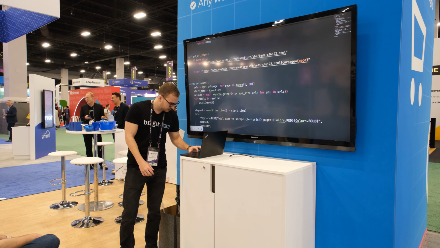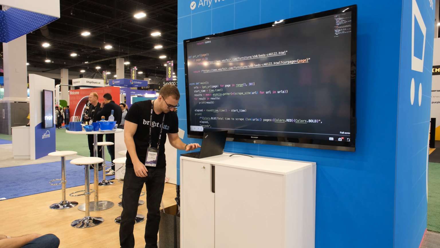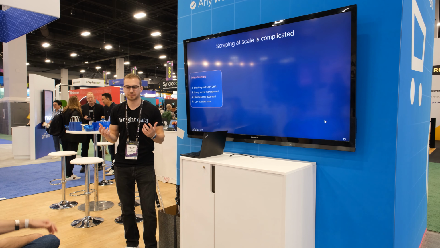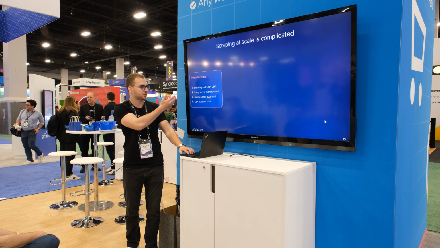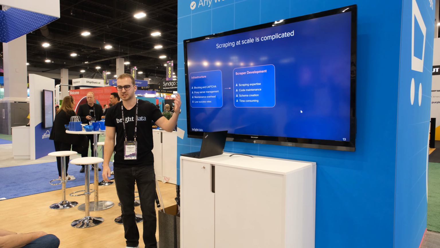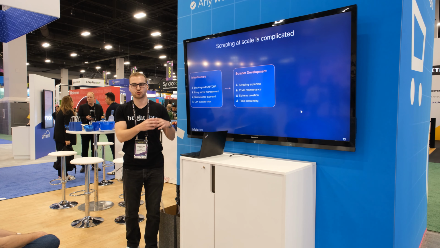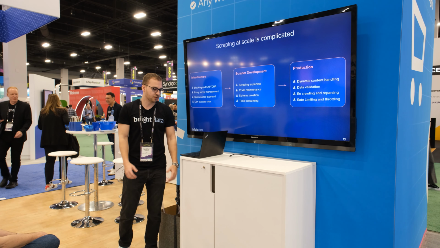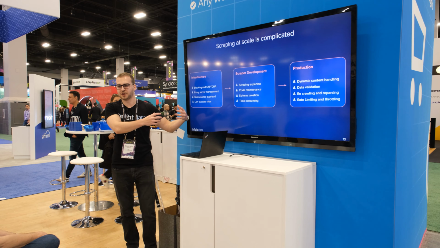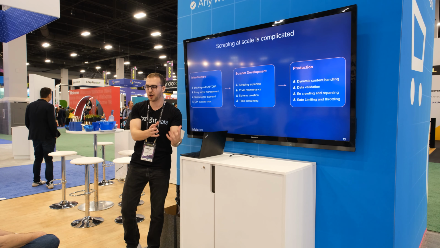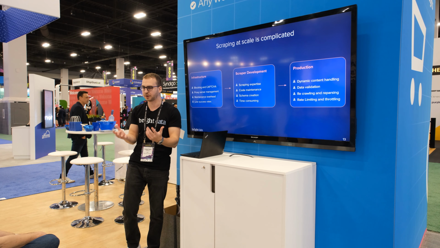So let's get out of this. So as you can see, scraping at scale is complicated. We have to deal with the infrastructure, CAPTCHAs. If we can bring this next. We have to actually develop a scraper that can go through and grab all of the information, if we even can get past this part right here. And then we need to move to production. Okay, it's great to do this in a development environment, but how do we put this in a production environment where maybe you guys can actually run these tools and you don't need to ask the developer to use the